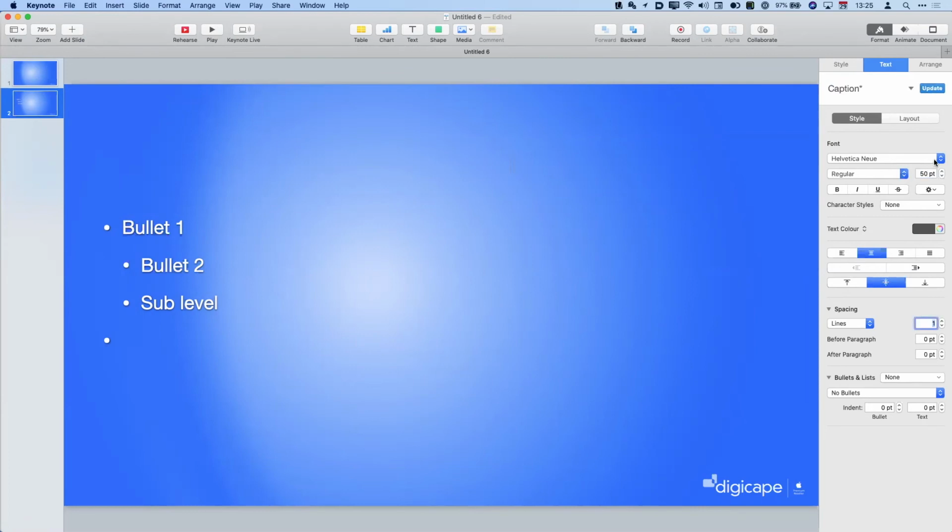If I preface the first line with a dash, where's my text? If I preface my text with a dash and a space, and I say line 1, and hit return, it automatically assumes that this is a list. Let's just align everything to the left here. Say line 2. If I tab, indented line,